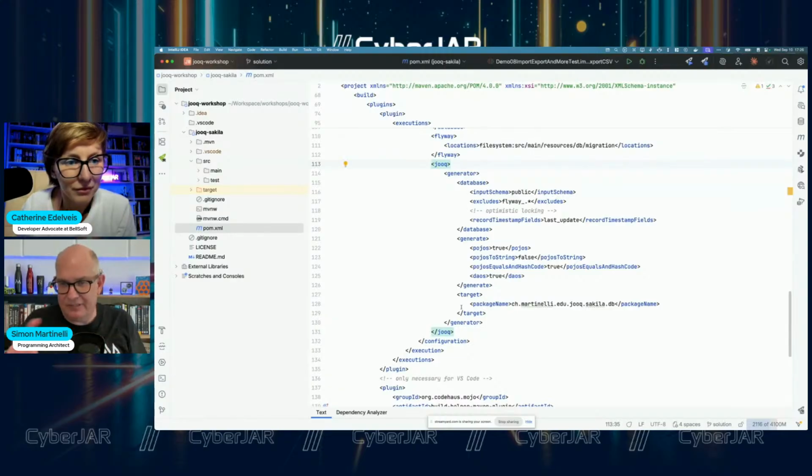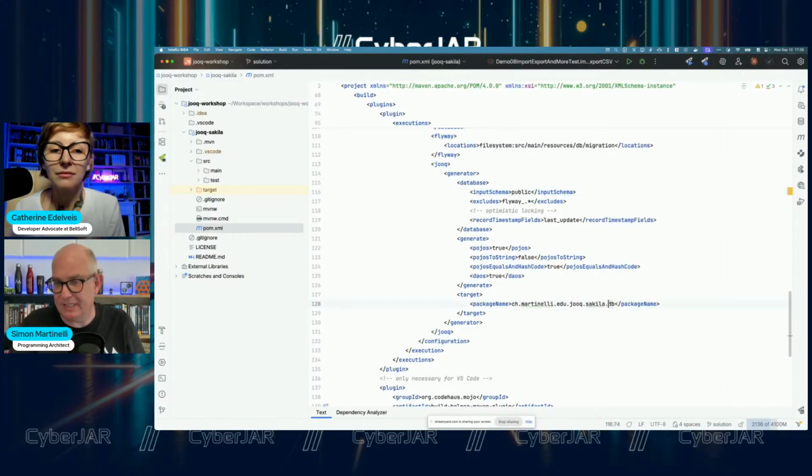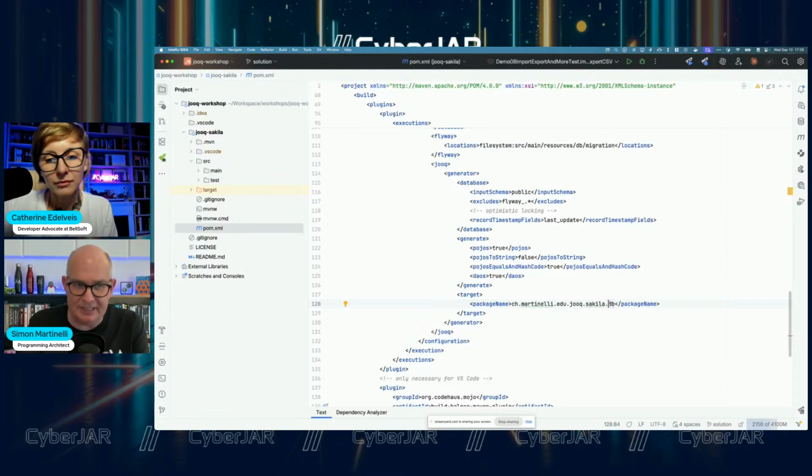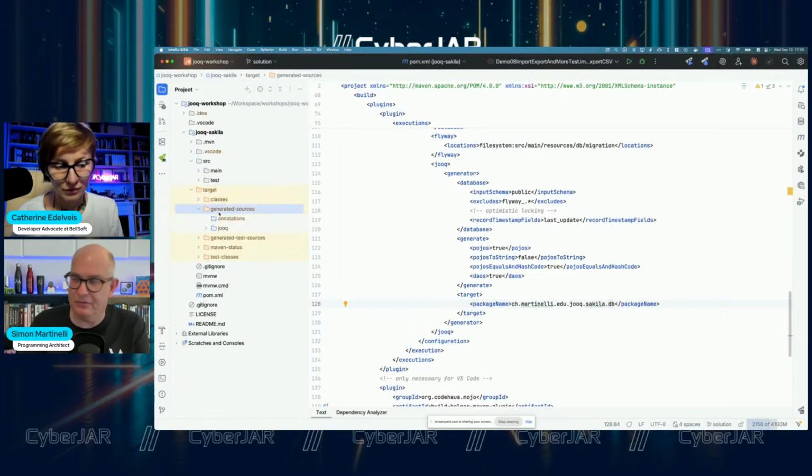That's just a very small part of what you can configure. But what you usually do is you say which schema you want to analyze, and then where exactly the classes should be generated, for example the package name. By default, JOOQ generates everything into the target generated sources folder. So that's the default folder.